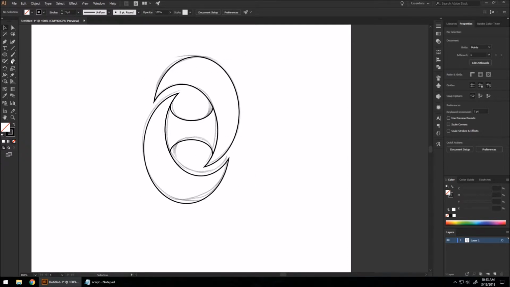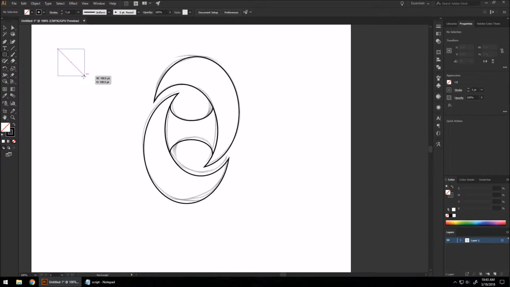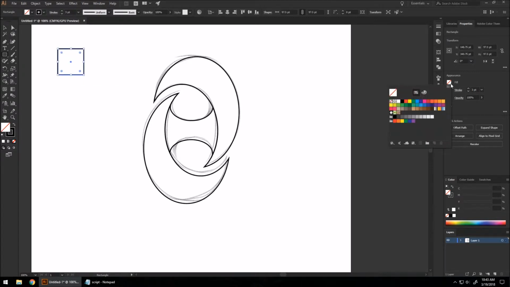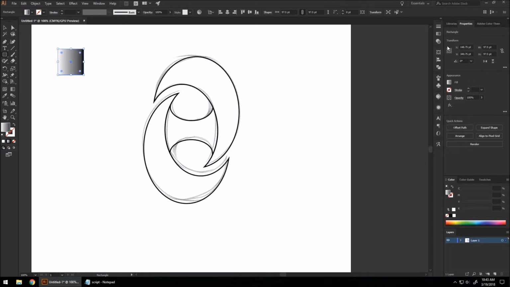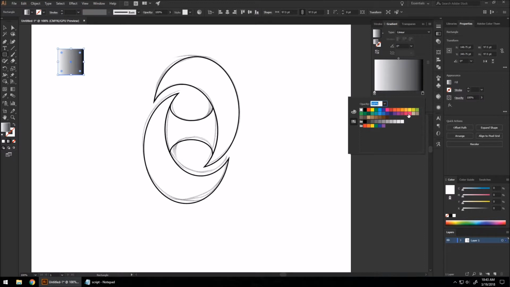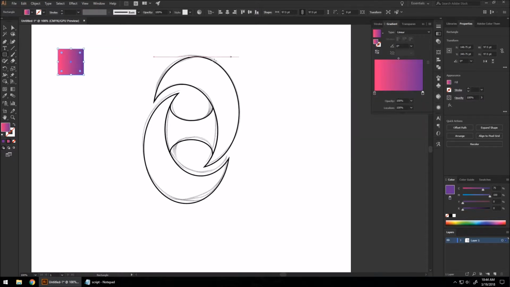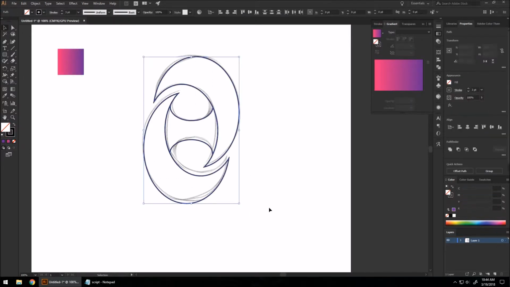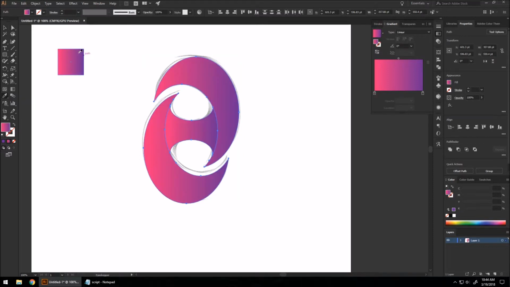Okay, now what I'm going to do is make a tiny rectangle here, tiny square, and I want to set it to gradient. I'm going to get rid of its stroke. I'm going to go up to our gradient options here and set it to pink and purple. Choose any colors you want. I'm going to select everything, use our eyedropper, click on the gradient,